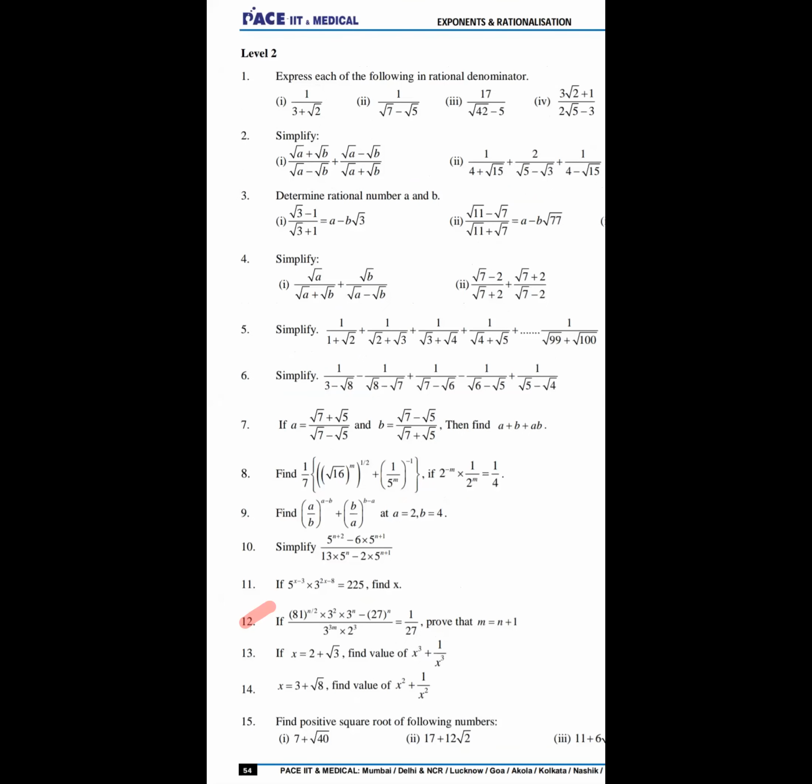Yes, Aryan. So I'm not able to get exercise 2, level 2, question 8. Question 8. ये root 16. हाँ sir. Have you got the value of m? No sir, I didn't get it. What will happen to the 1 upon 2 to the power of m? How will you solve it? Sir, we have to multiply it. With what? 1, 2.